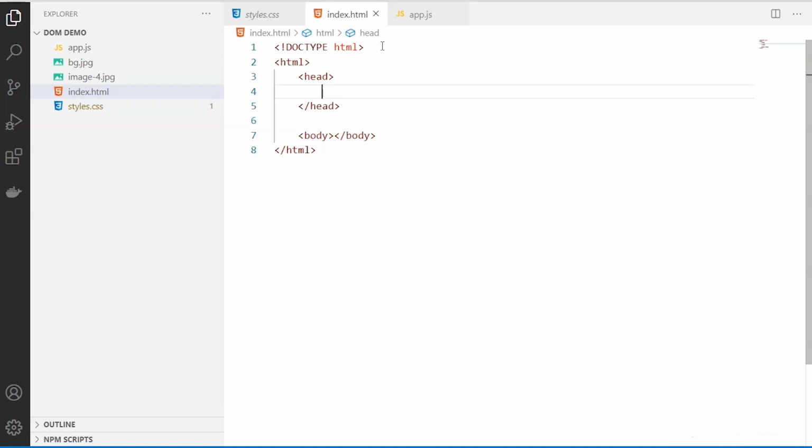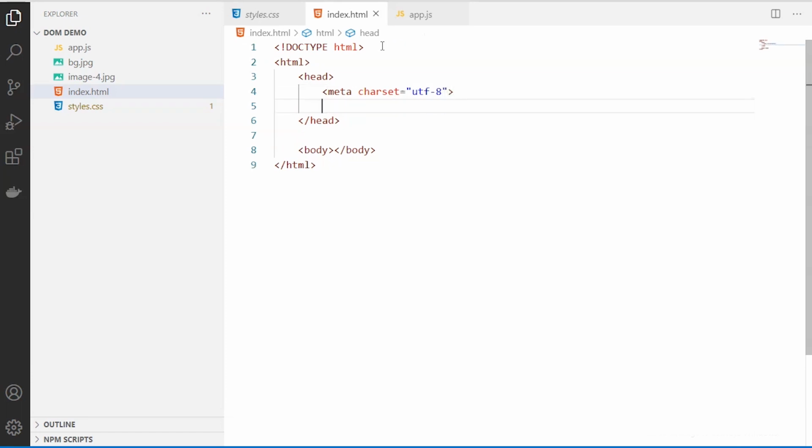Having said that, you can also include your script src anywhere inside your body. You can also have more than one script source. It's not necessary that it has to be inside your head only. But we specify some metadata and other things within the head element. So here I'm including one character set. This is the default one, which is Unicode.